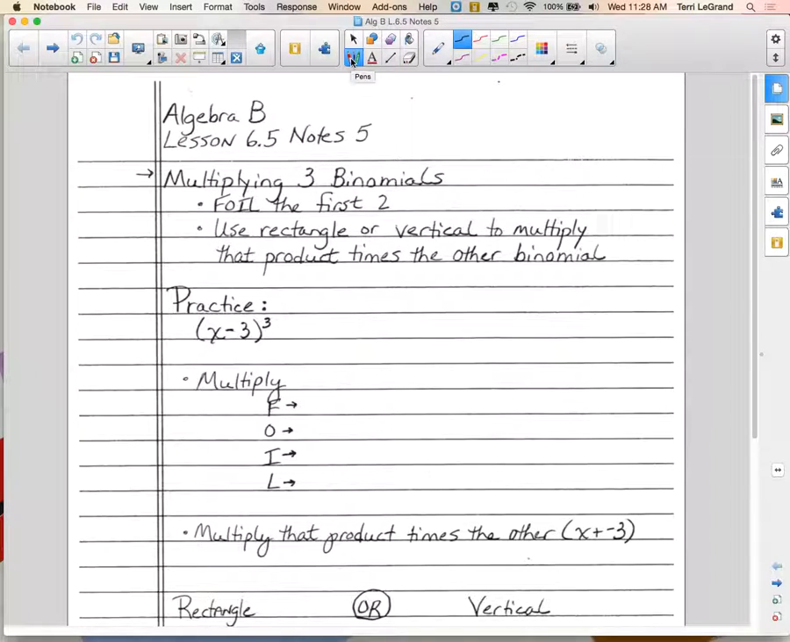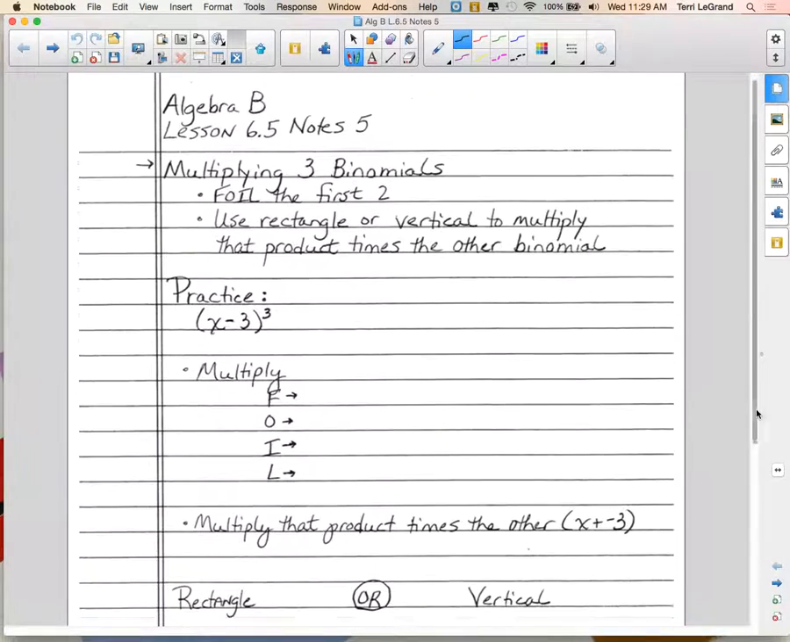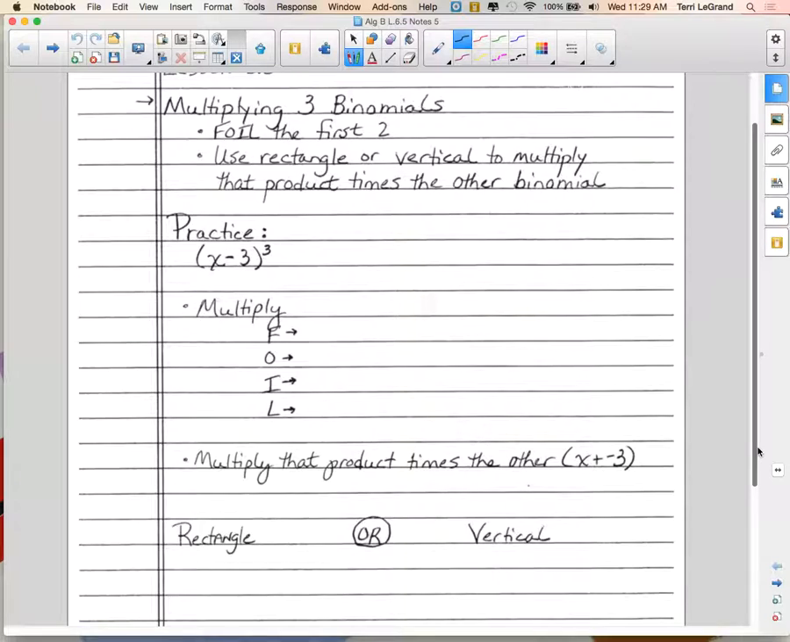We're not really learning anything new today. It's just how are we going to attack these problems that have more than two polynomials involved in them for multiplication. So when you're multiplying three binomials, this would really work for any, if you have more than two